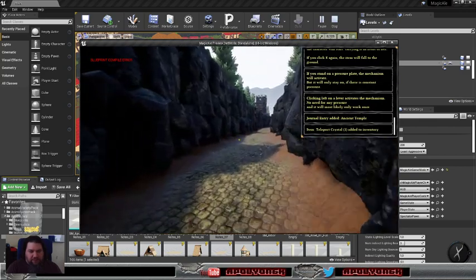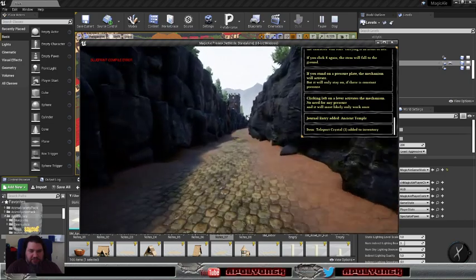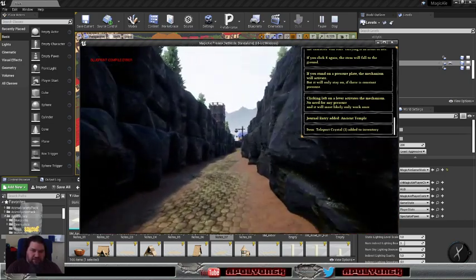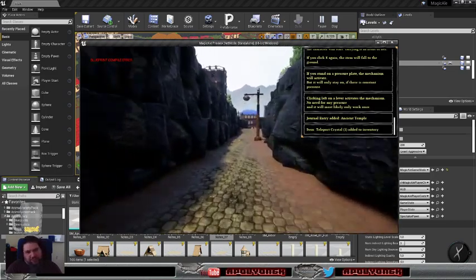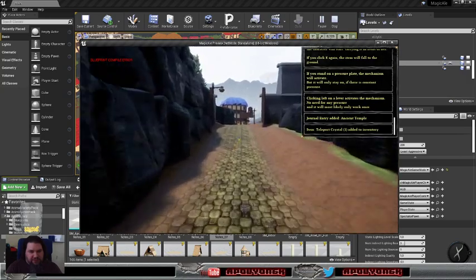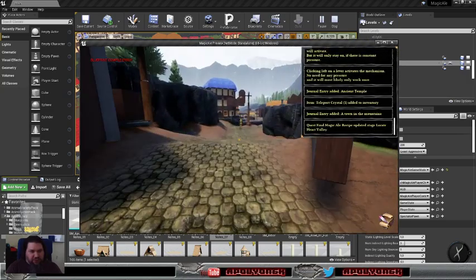And then I might also need to change the text in the dialogue with the guard, with the old man in the cave and all that stuff. So it needs to reflect a bit more that